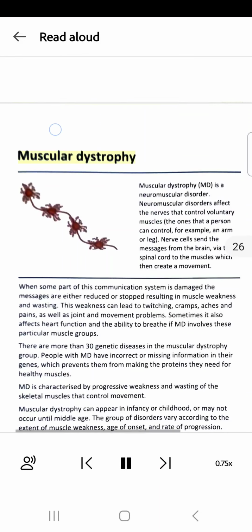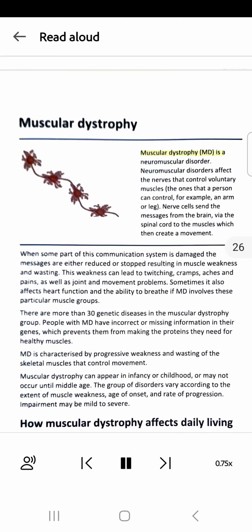Muscular dystrophy. Muscular dystrophy, MD, is a neuromuscular disorder. Neuromuscular disorders affect the nerves that control voluntary muscles, the ones that a person can control, for example, an arm or leg. Nerve cells send the messages from the brain, via the spinal cord, to the muscles, which then create a movement. When some part of this communication system is damaged, the messages are either reduced or stopped, resulting in